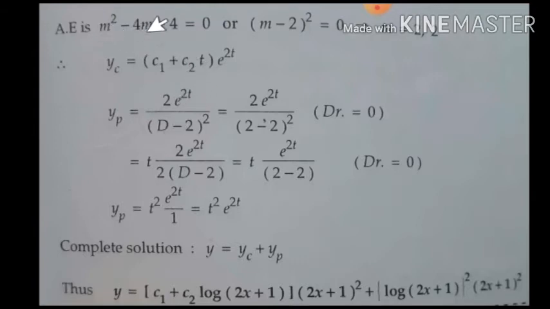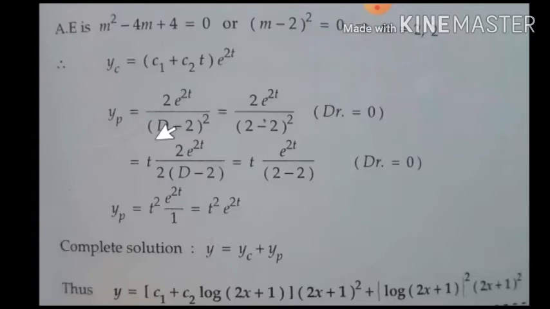You can write it in this form or you can write it in this form. Okay, so this is in the form of a square plus b square minus 2ab, so it is written as (a minus b) whole square. In that form itself, they have taken f of D. You can take it in this form also, doesn't matter. Type 1, what does it say, the procedure: replace D by a. So when I replace D by 2, 2 minus 2 becomes 0. So when the denominator becomes 0, what should we do?